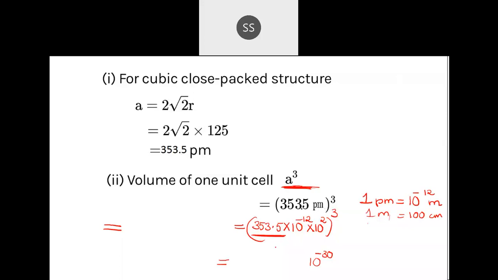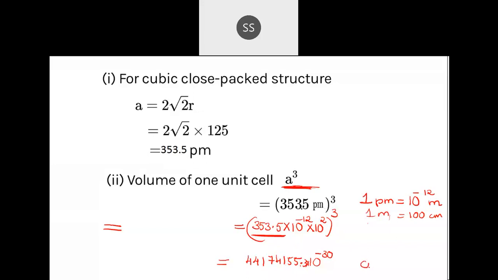How much is it? Okay. So 4, 4, 1, 7, 4, 1, 5, 5. 0.3 you are having into 10 to the power minus 30. If you want, you can shift the decimal and write in terms of scientific notation. You can shift this decimal over here, or let it be. Later you can finally do the calculation.